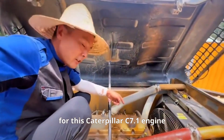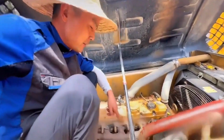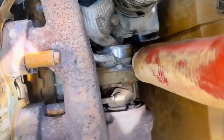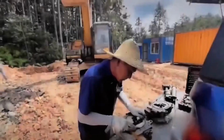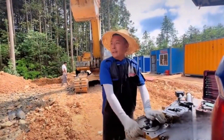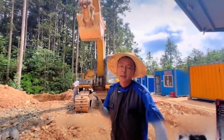Friends, for this Caterpillar C7 engine, if oil keeps leaking here, then we need to check the turbocharger. How? Oh yes, it's prone to snapping inside. Almost there. Alright, friends. Now, for this 320 D2 direct injection C7.1 engine from Ziwan County, the main issue is